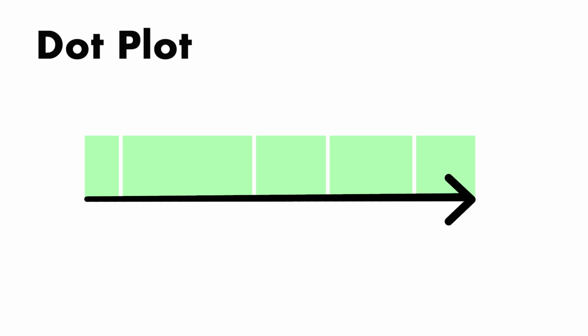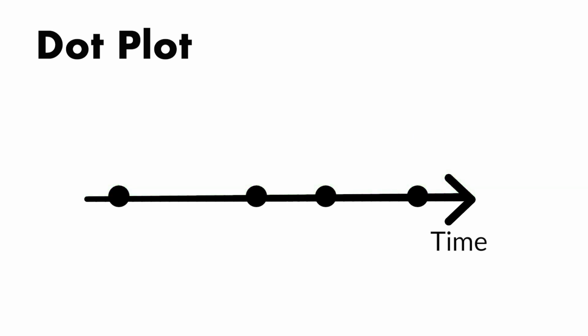As I have said before, in reliability theory of repairable systems, we don't consider the maintenance times. We only consider the states of functioning. And we represent this in a dot plot with dots per failure and with a timeline.